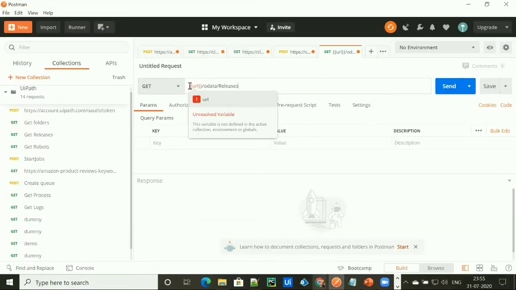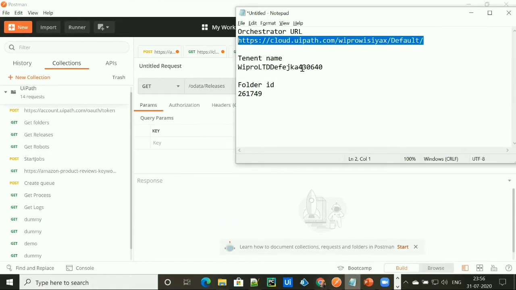So I will replace this URL with my own Orchestrator URL. These details I have copied from my earlier videos. In my earlier video, I've shown you how we can get this Orchestrator URL, how you can get the tenant name, and how you can get the folder ID. So these things we'll be using in this video to get our release key and to run our job.